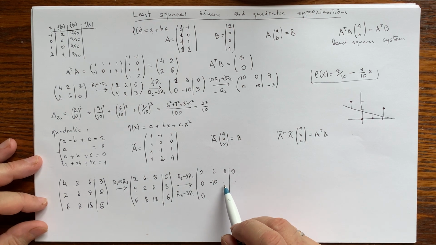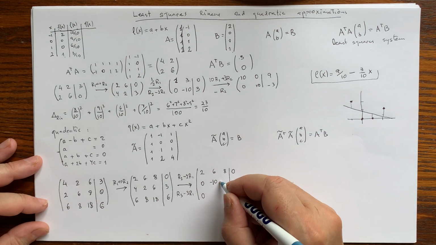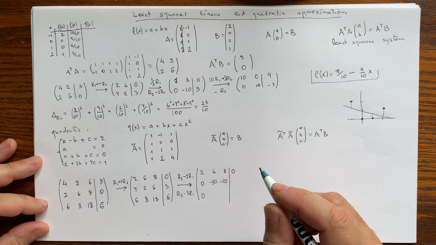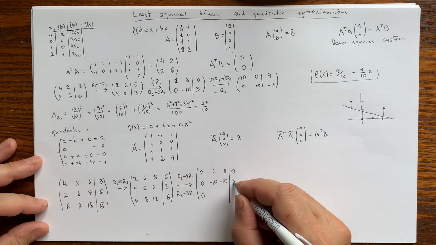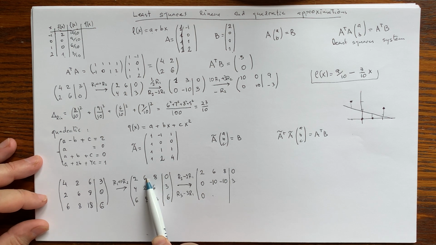And 6 without twice 8 is going to be -10 again. And then 3 is not changing in this computation. In here we have 8 without 3 copies of 6. So that will be